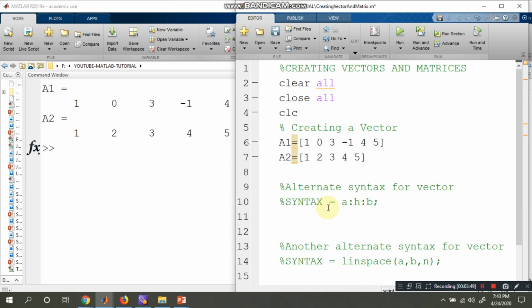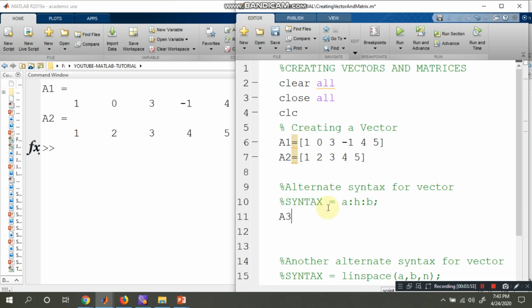Is it clear? Now suppose I take the vector A3 is equal to 1, increment 1, and 5. See what we get once we run this file. We are getting the same vector. Even if we do not give the increment, MATLAB will automatically use an increment of one.